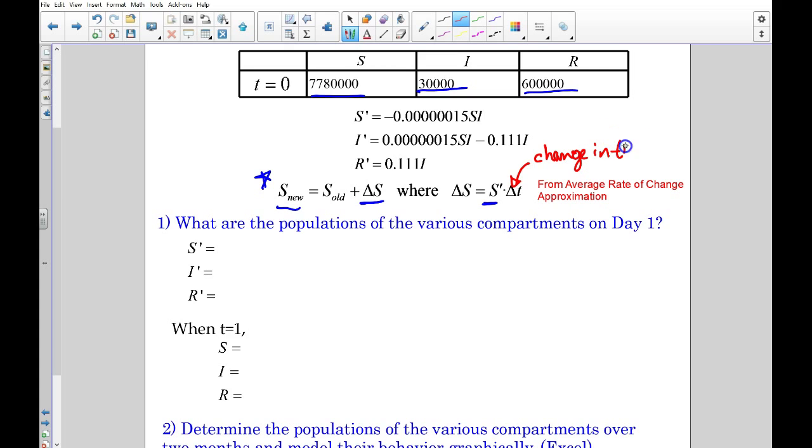Okay, so we'll get there, but essentially, since I'm progressing 1 day into the future, it'll be +1. If I was doing 2 days at a time, it would be 2. If I was going backwards in time, it would be -1. Okay, but if I compute S prime, I prime, R prime, I would enter negative